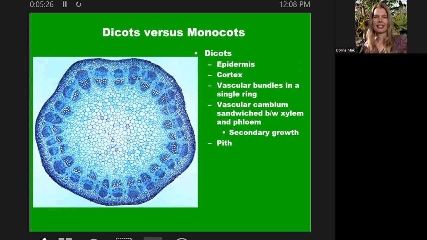All right. So when you think about a dicot stem, this vascular cambium is really important because it is an active area of growth. So it's meristematic tissue. It will keep growing and dividing through the lifespan of the plant, pretty much, if conditions are good where they can do that. And it's a ring of cells, right in between the xylem and the phloem. It forms a ring all the way around. So if you just follow that all the way around,